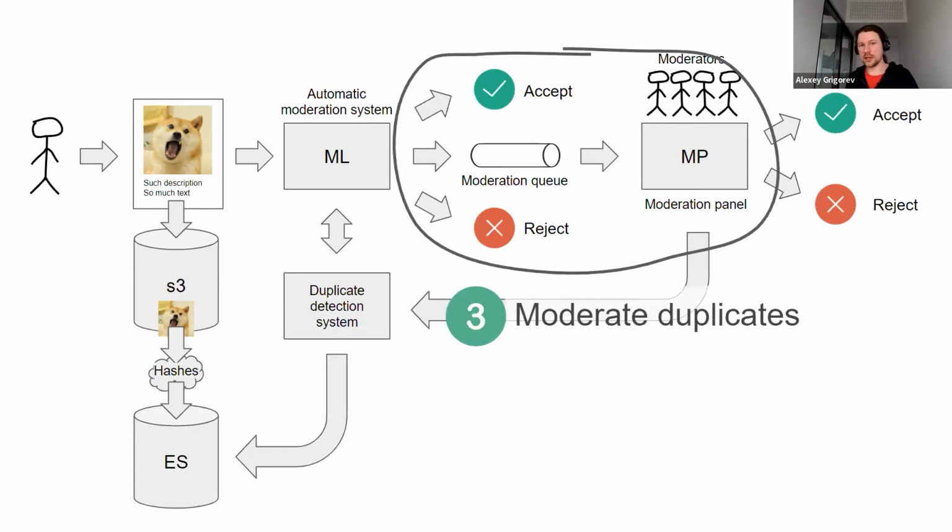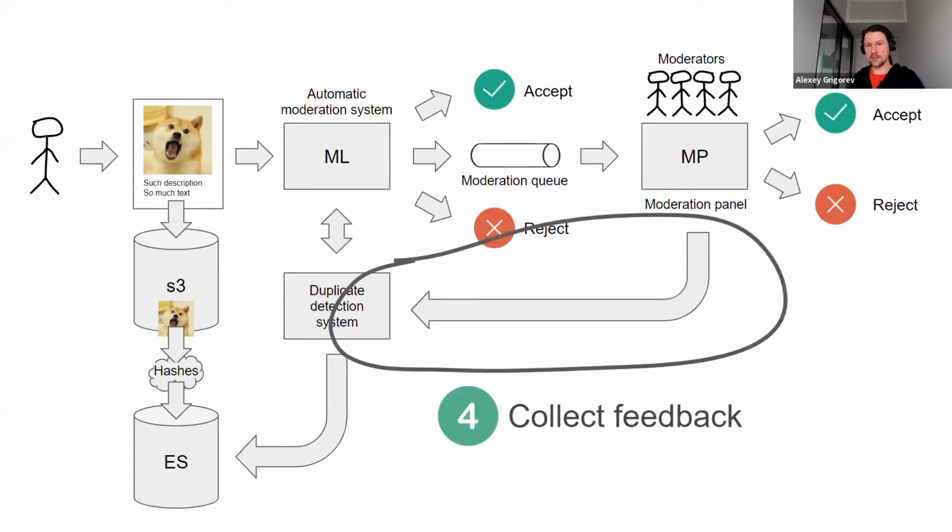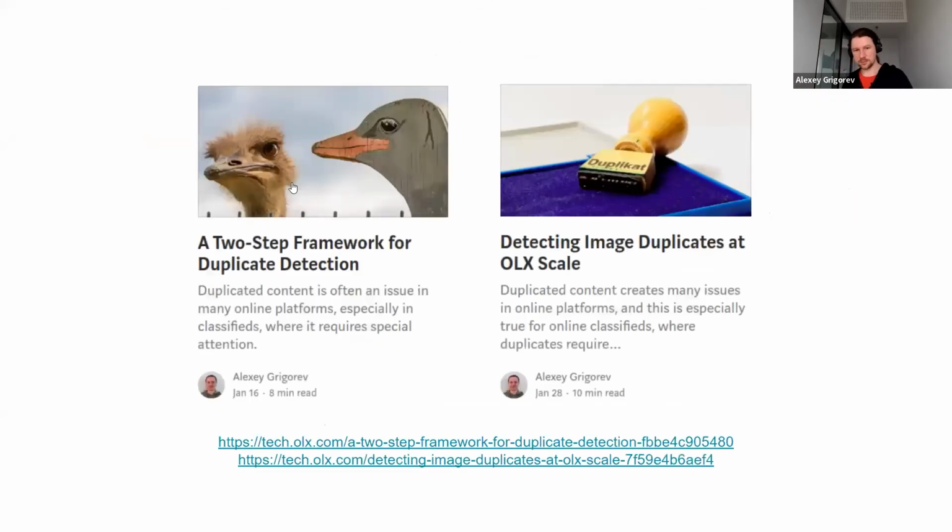And if this is actually a duplicate, then we either automatically reject it or we send it to moderators. And the interesting thing happens after moderators review, because we collect feedback on what is a duplicate and what is not, and then we feed it back to the system in order to have a better model. So this is roughly how it works. Of course, there are a lot of details here that I do not cover, but this is roughly our overview of this duplicate detection system. And we have similar systems as a part of the automatic moderation system.